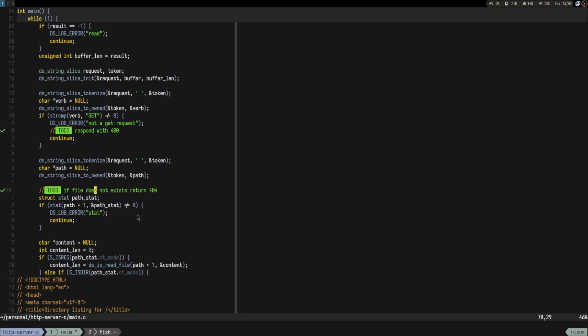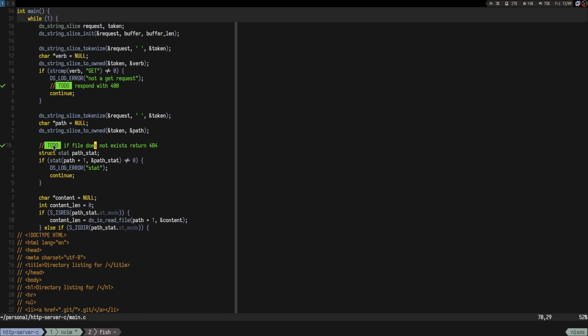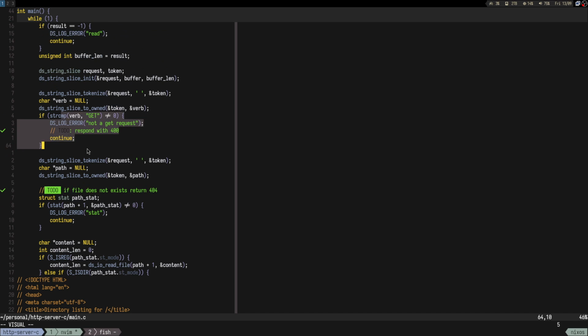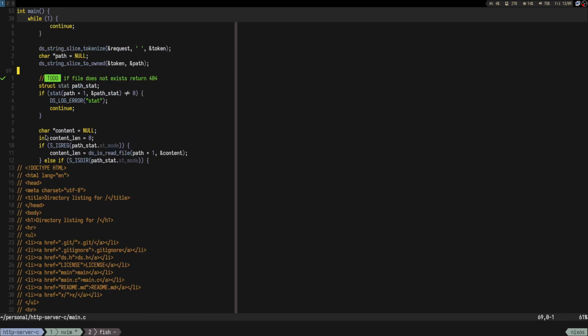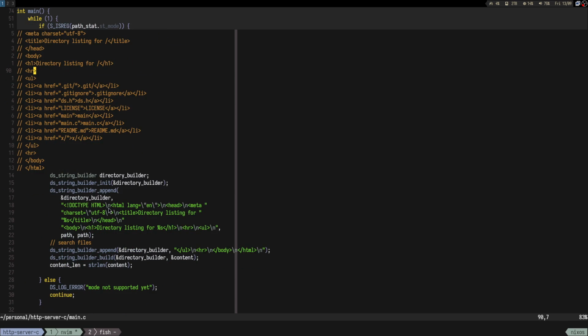Okay, if the file doesn't exist, we just have to check this thing. So if this thing happens, we should return 404, or maybe just check the error that happened. Because right now we are just saying, okay, if it's not 0, we just failed, but maybe we need to check what kind of error it is. Then yeah, here, whatever. You can only do GET requests, so it is what it is for now. And yeah, let's try to see